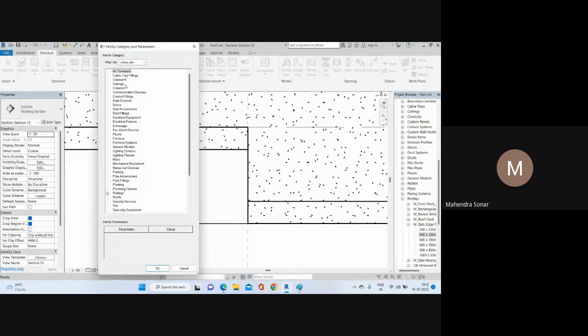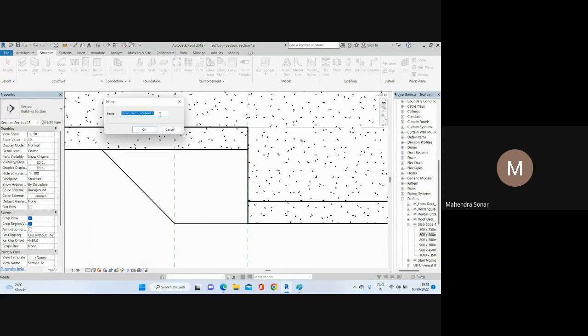So as per your requirement you can create as per this family category. Right now I want to create this in structural foundation. So if you go down, you have the option here, structural foundation, right? And if you click here, you can give the name. So you can say here step foundation, or foundation step